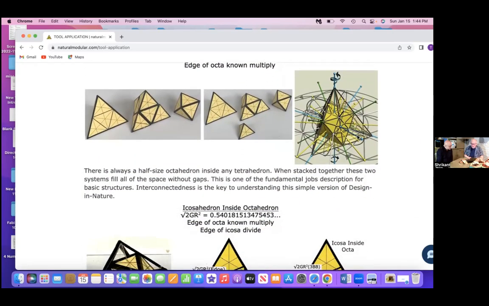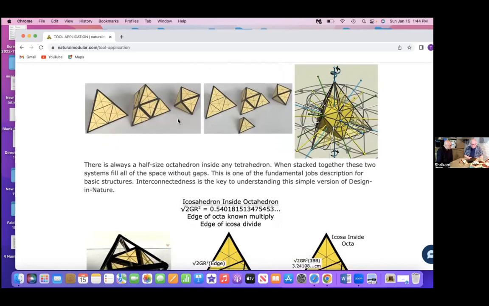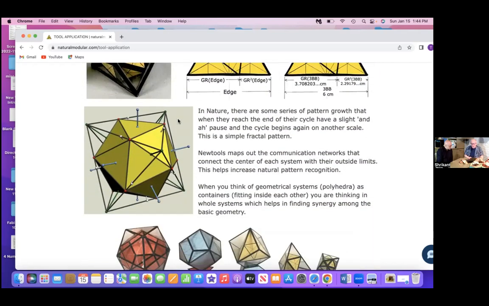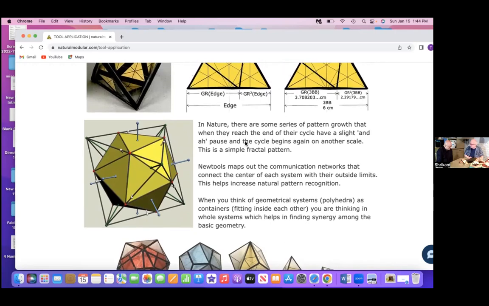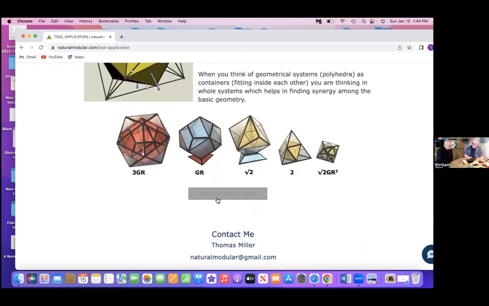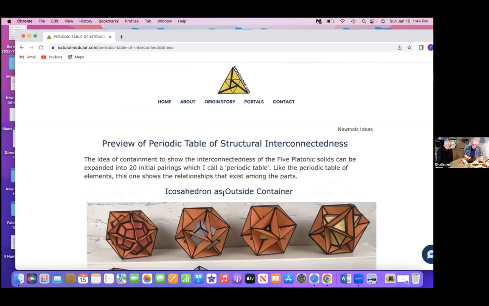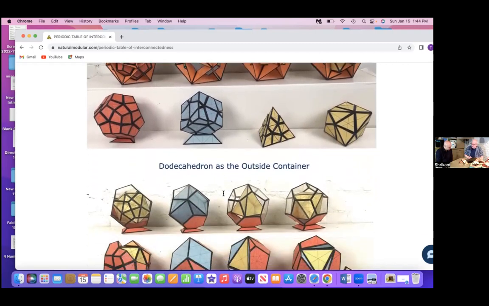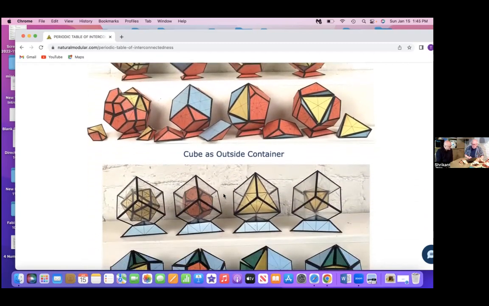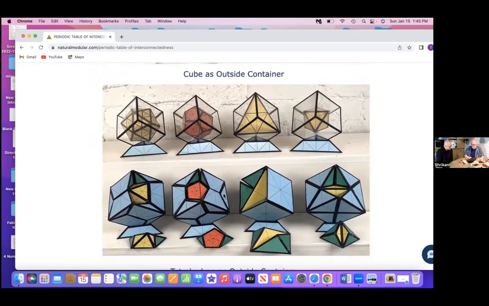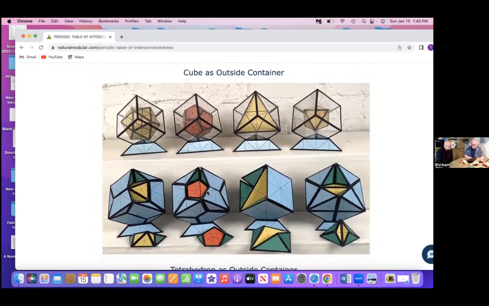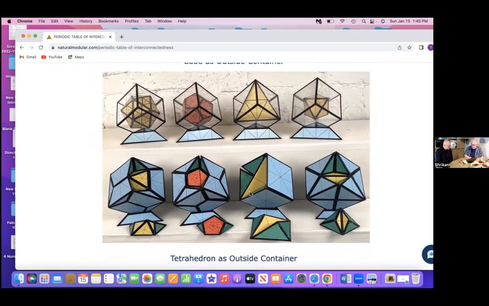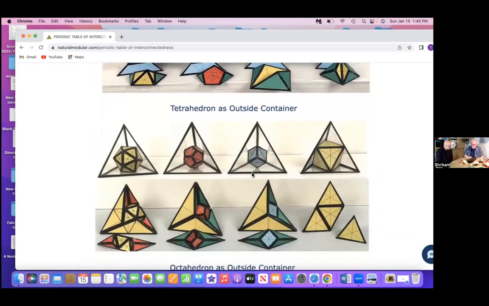And then the octahedron that's inside the tetrahedron and the icosahedron that's inside the octahedron. And then a preview of the periodic table. We'll just go through this because we'll get to this later. And you see that there's just this beautiful, beautiful symmetry. So here you can see that because we know the colors, you know that there's a 60-degree triangle there, there's a cube, there's the sphere, diamond,